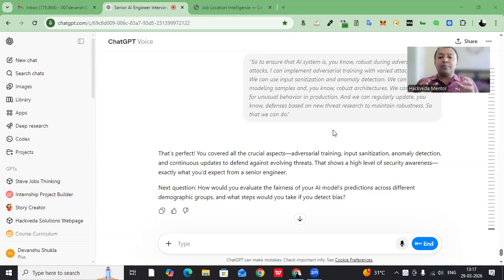And we are going to perform subgroup analysis on predictions and errors. If bias is detected, we would apply techniques like reweighting data, adversarial debiasing, or post-processing corrections. And then we will retrain the model with more balanced data.